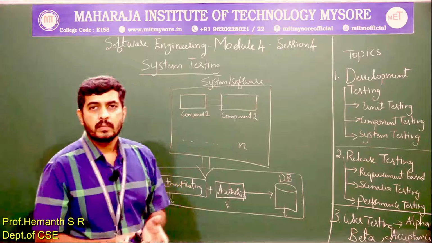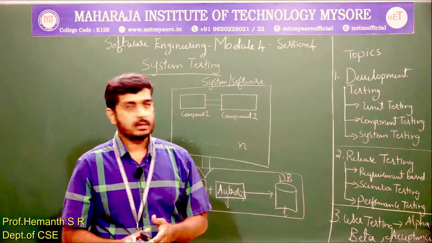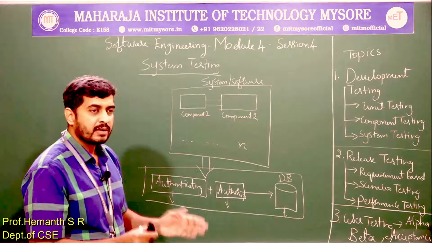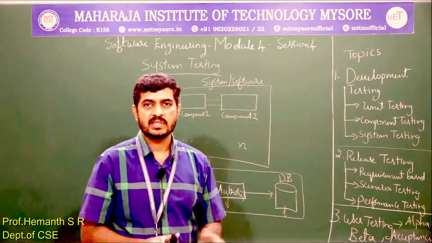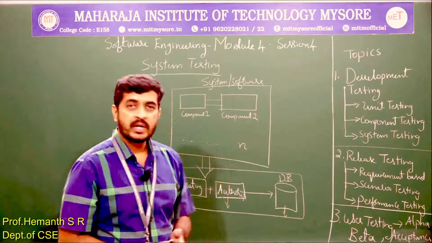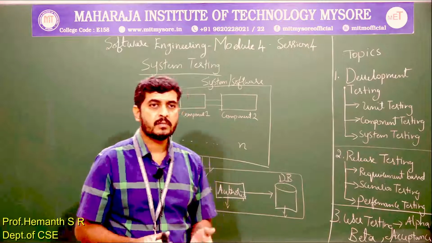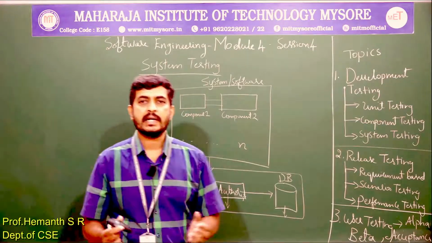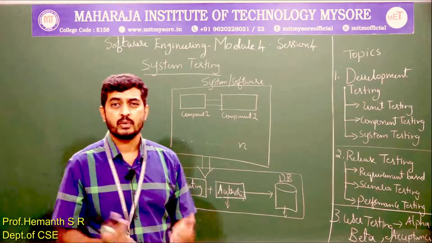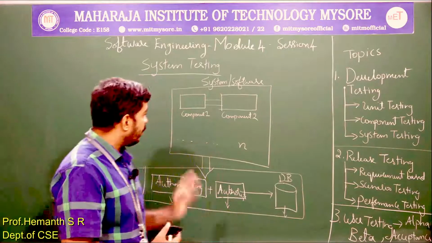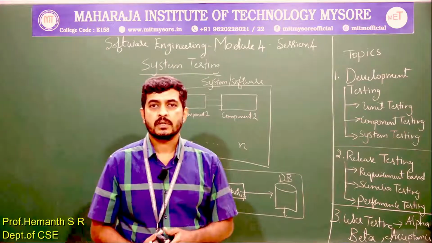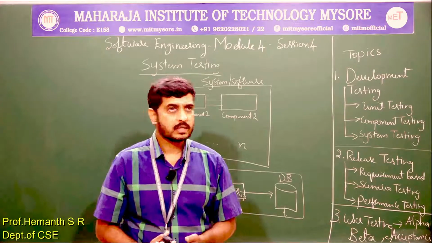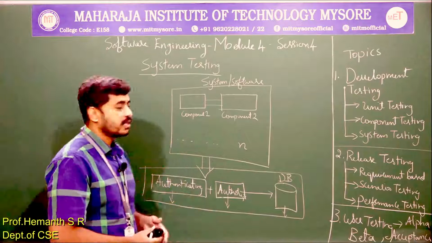Smaller units combined together can become a component. How one component is interacting with another component will be tested and verified in component testing. And finally it is system testing, where all the components of the system are integrated and interfaced together, and the behavior of the system is tested, which we call emergent behavior. So this was system testing.